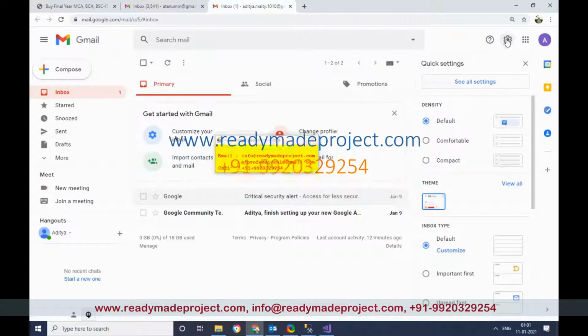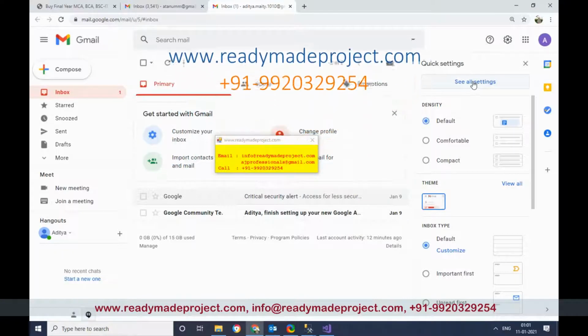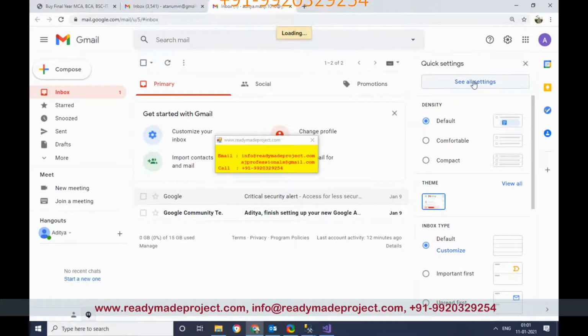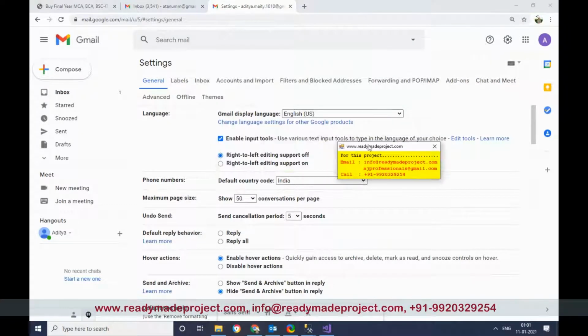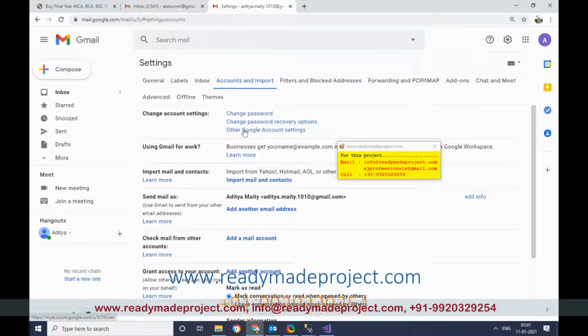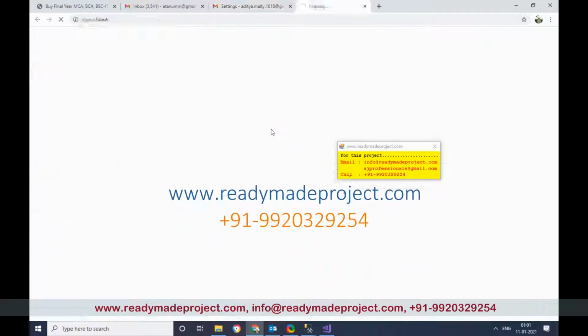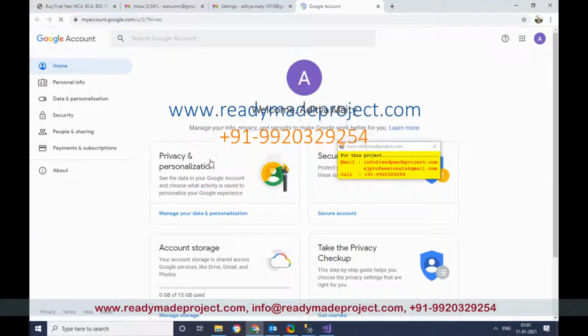You have to click on settings, see all settings. Once you created your email ID, then you go to accounts, settings, Gmail. You just open Gmail, then click on settings. Then you will get the option accounts and import. Then you will get other Google account settings. Here you will get the security tab.